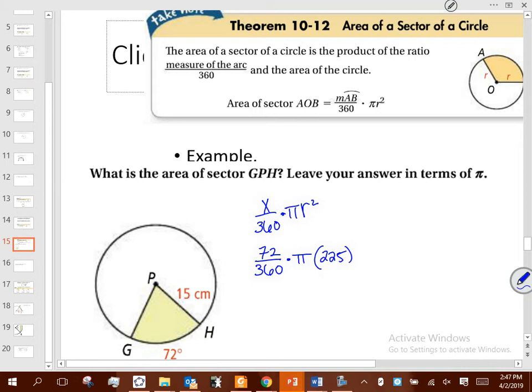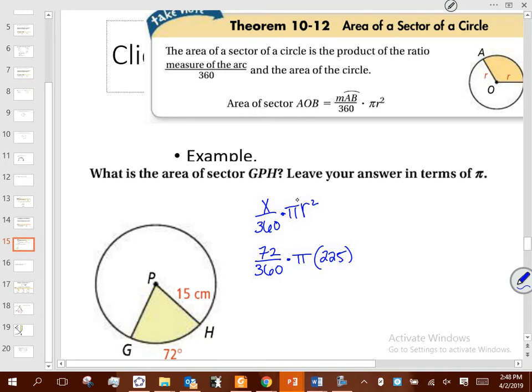Let's think about this. If I had 36 over 360, that would give me what? 1/10, right? 1 over 10. 72 is twice as big as that, right? So that would give me 1 over 5, right? Try to develop relationships like that that make sense to you, maybe using other numbers, and say, well, 36 and 72 are halves of one another, which might allow you to do that division in your head a lot quicker